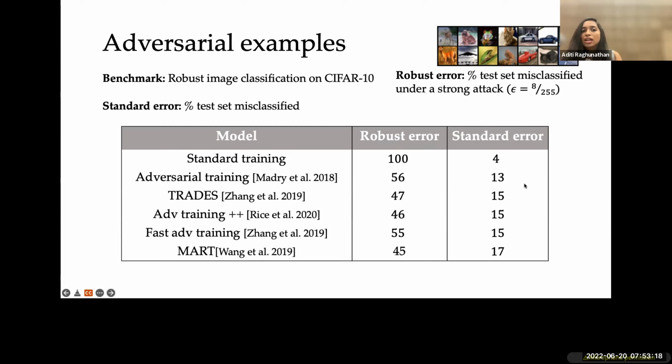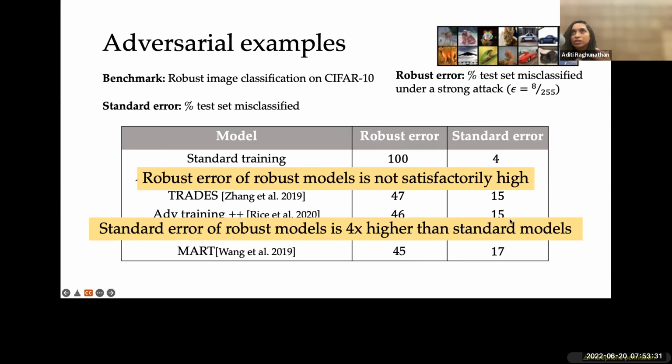And many variations have also been proposed. And over time, we've not really seen a better situation. So the robust error is still pretty high, and the standard error also increases. So these are two problems that come up with doing this robust framework, which is that you don't even get as much robustness, and the standard model's error is high. So we compromise on average performance when we focus on the worst case performance.